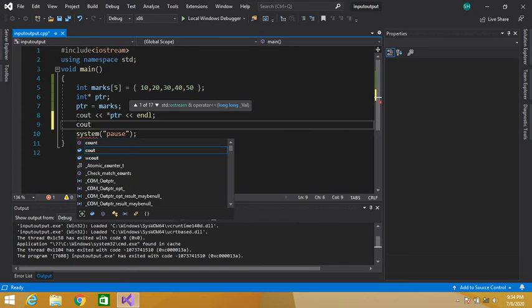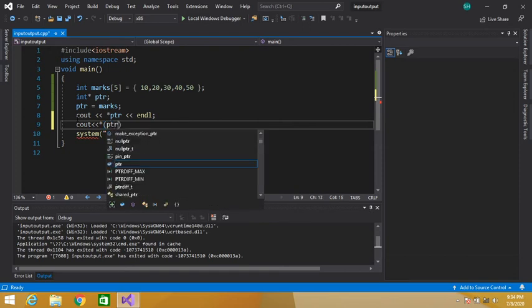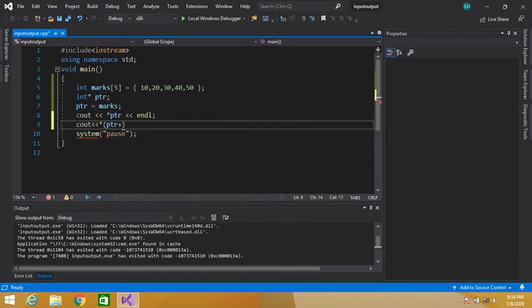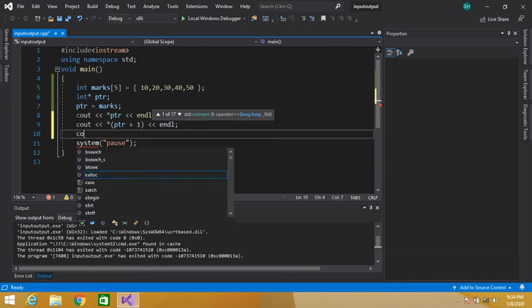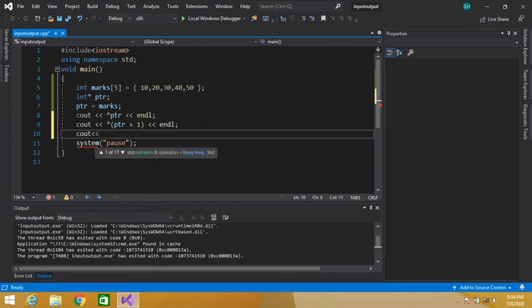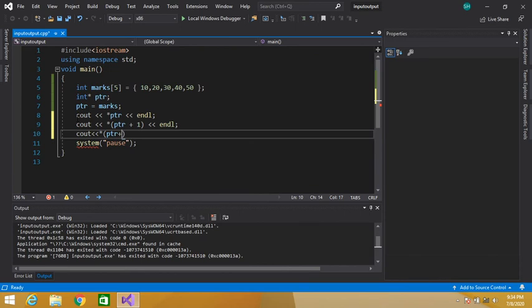Similarly, cout, dereference operator and ptr plus 1, end of line. Similarly, cout, dereference operator, then parenthesis, the name of our pointer plus 2.